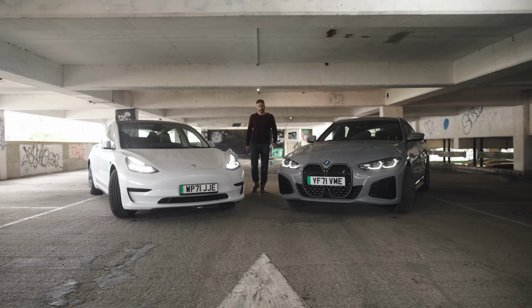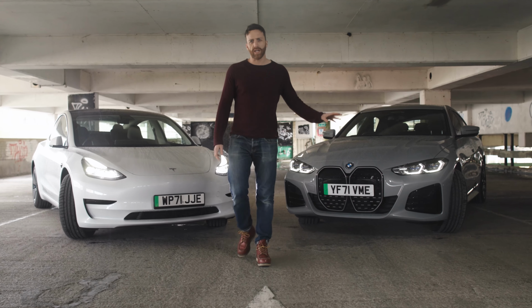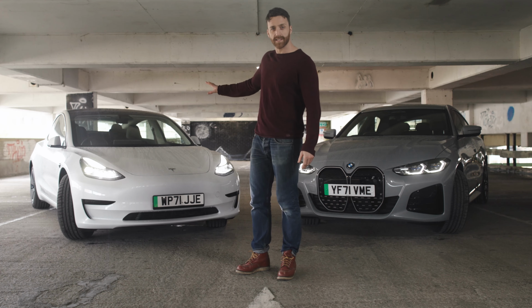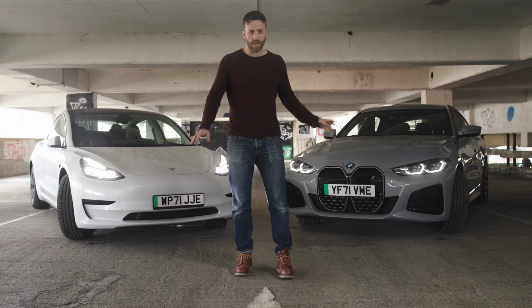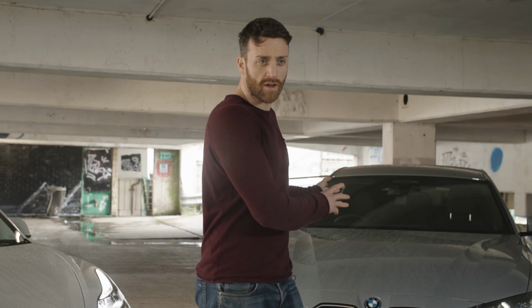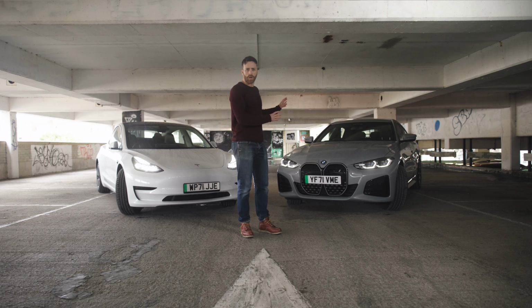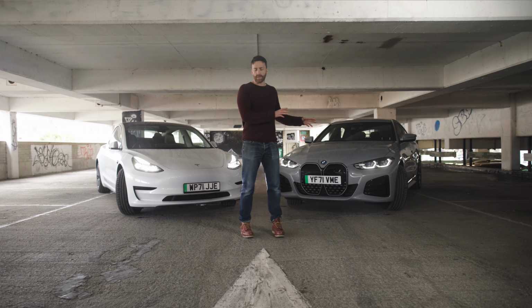Okay, this is the new BMW i4 eDrive 40, and this is the Tesla Model 3. Both of these cars are all electric, and I thought it would be a good idea to review the BMW i4 by comparing it to the Tesla Model 3. Now, we've had the i4 on loan by BMW for a few weeks now, and I've been driving it most days,